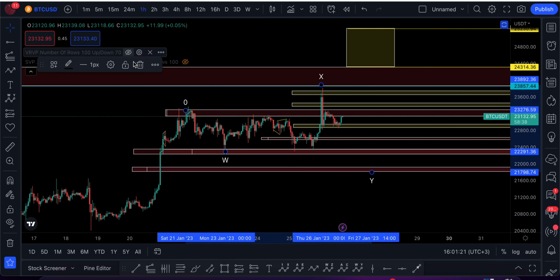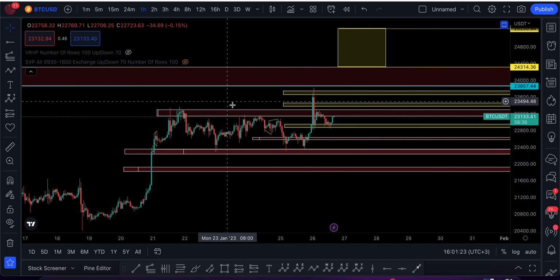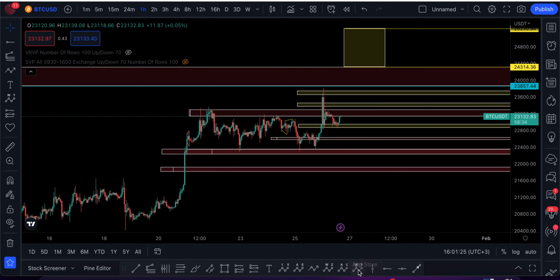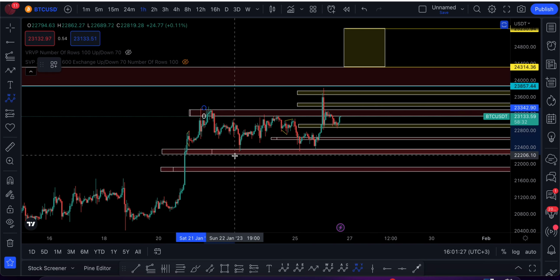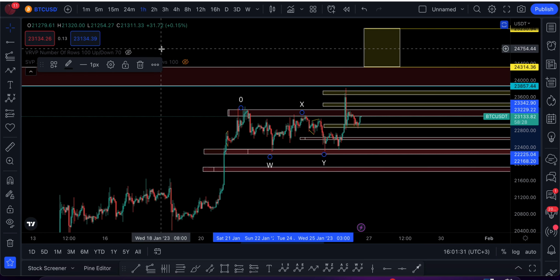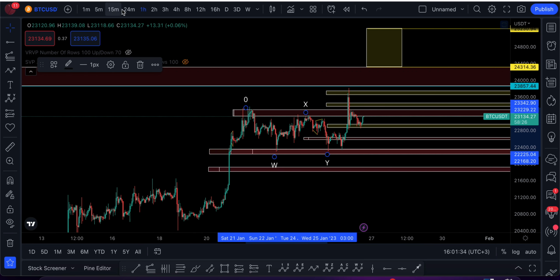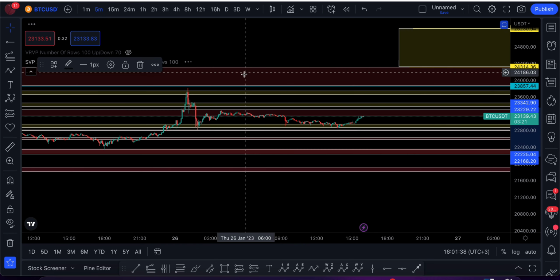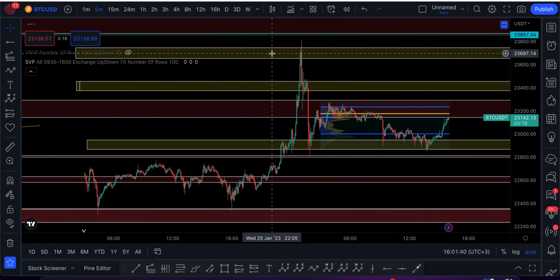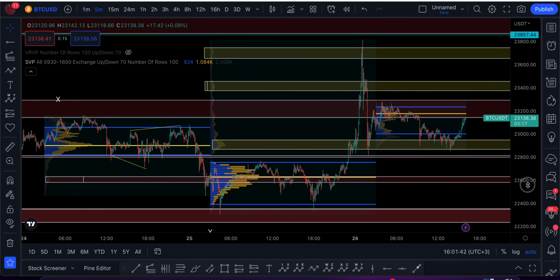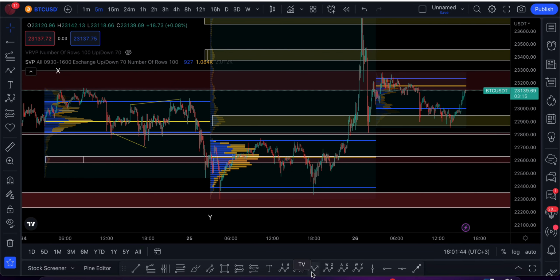Okay, let me also remove that. All right, so far we determined that this is our W, our X, and our Y. So let's go down to the lower time frame and see what is happening down there. So let's go to the 5 minutes. So yesterday we were here, okay? So we had this move,